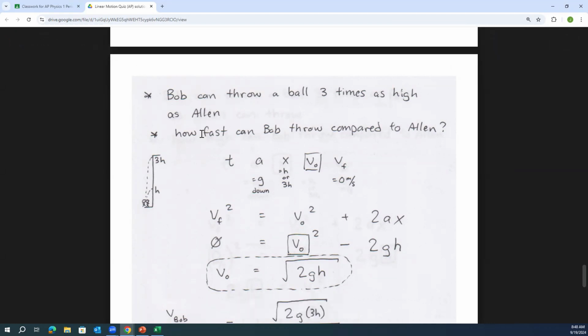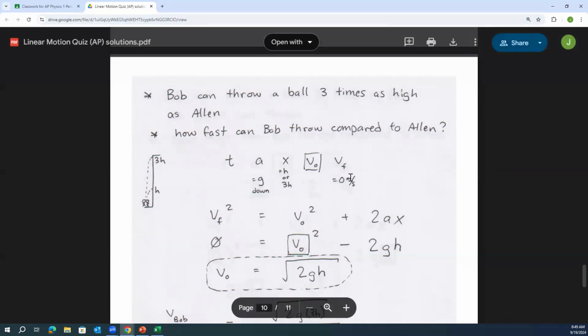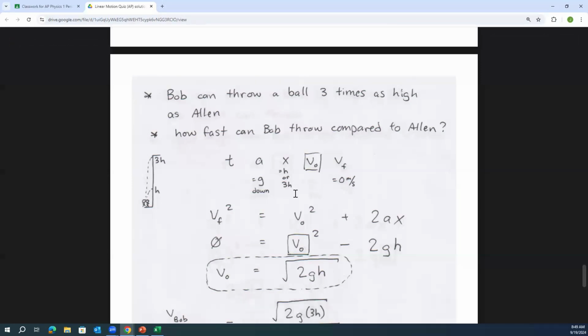Okay, if you can throw it 3 times as high, that means you can throw how many times as fast? Right? You guys see that's really wide open. I didn't give you guys any numbers. So you could solve in terms of variables. You think, okay, make a little text VB checklist. Okay, what do I have? What do I want to know? Well, I know at maximum height the final velocity would be 0. Maybe that could be helpful.